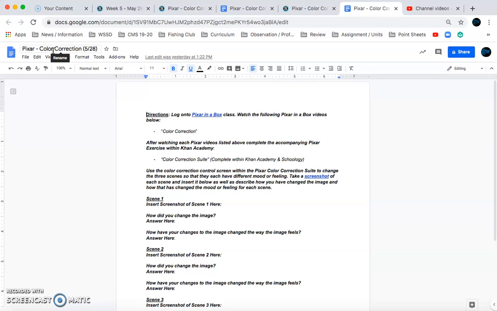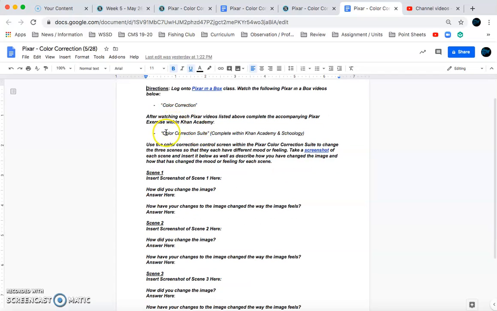We're going to watch the color correction video first, and this is going to explain why Pixar would want to only change one item in the scene, or if they wanted to change the whole entire scene. And they'll go over why they would want to do that, as well as how you're going to be able to do that. Now, the cool thing is when you get done with the video, you're then going to